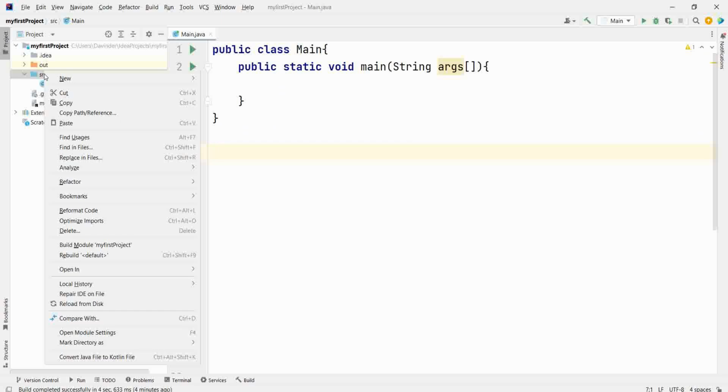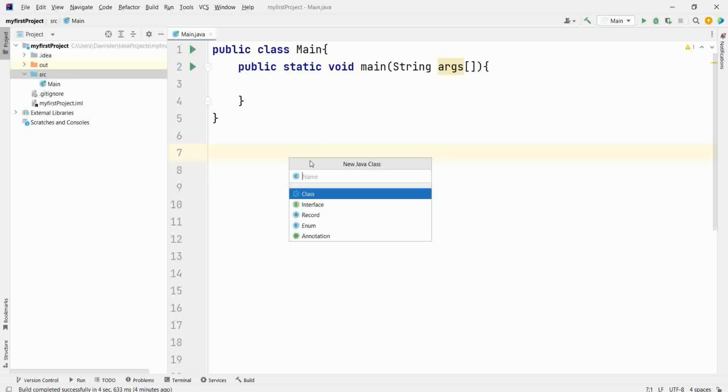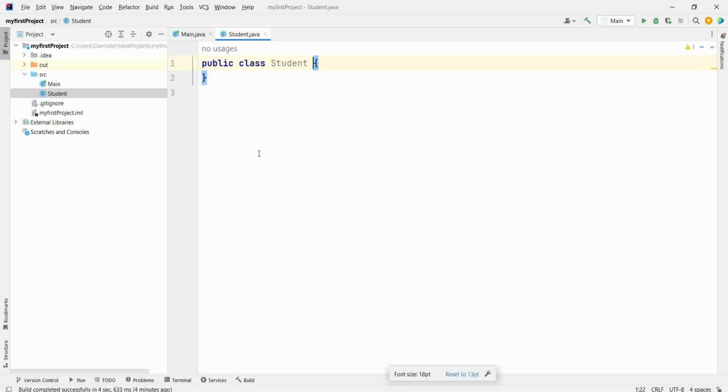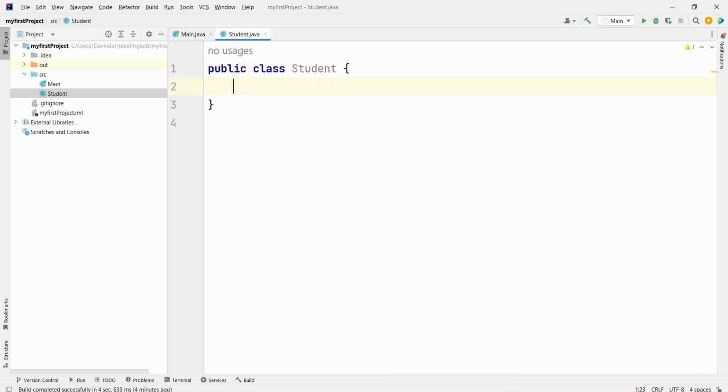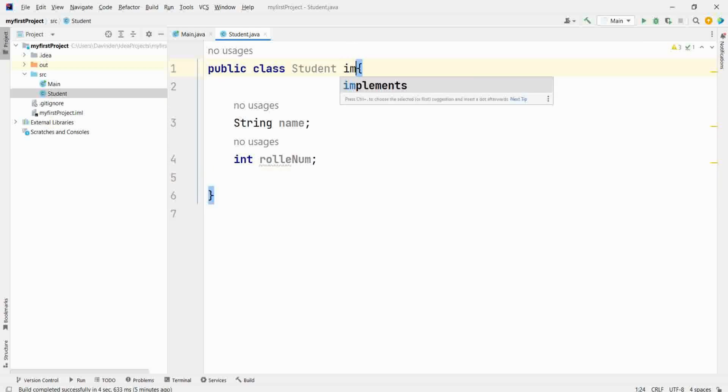Let's create a new class named Student. Let's have a String name, int rollNumber. Now, for the serialization, we want to implement the Serializable interface.